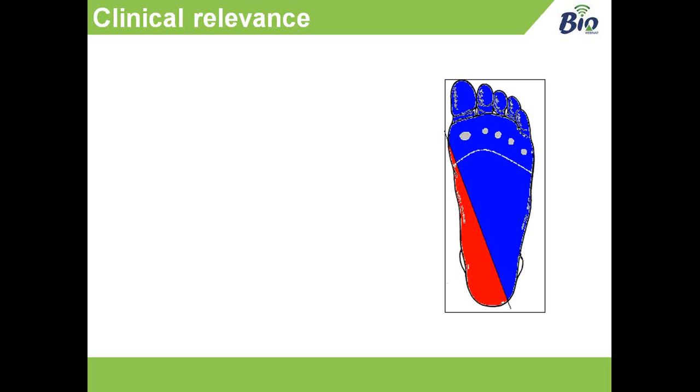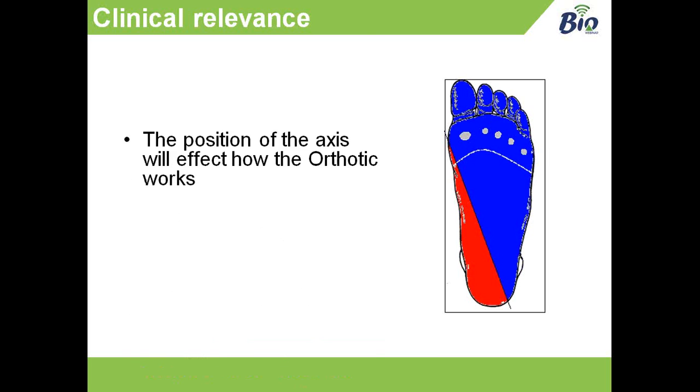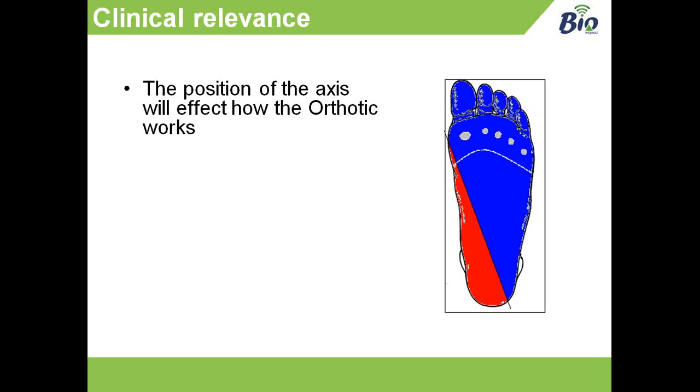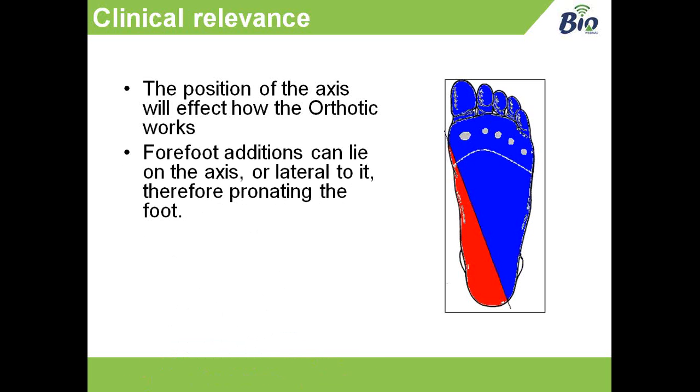Now, if we've got a medially deviated axis, what difference is this going to make to our excessively pronated foot that we just talked about treating with all those different modalities? Well, first of all, the position of the axis will affect how that orthosis or that orthotic works. So any forefoot additions that we've talked about before will now lie either lateral to it or they will lie on the axis line. So if we put a forefoot post on, we're now, as I said previously, pushing the